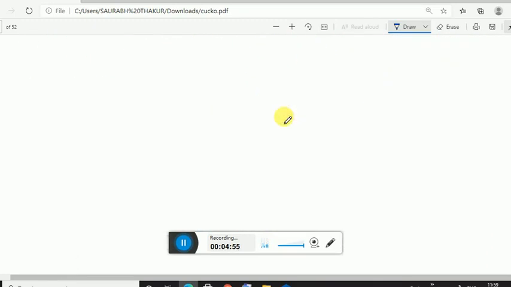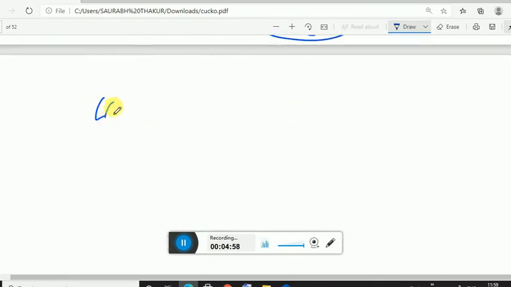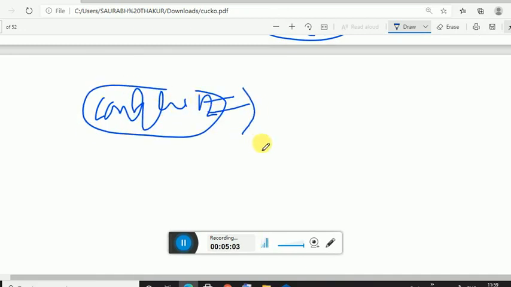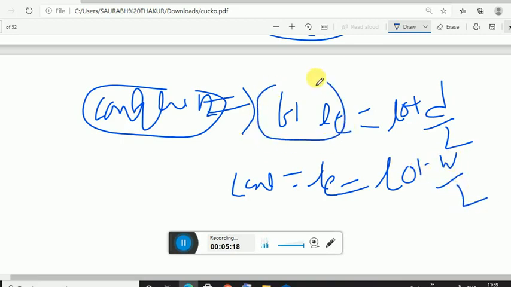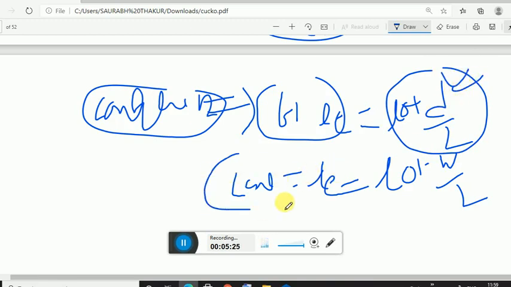they would be asking for the cantilever beam, when they would be asking for cantilever beam, then what you have to do? For fixed, you just have to calculate L effective equals L naught plus D by 2, and for continuous ends L effective equals L naught plus W by 2. Okay, when it would be fixed end, L naught plus D by 2 would be your effective span, and when it is given that it is continuous end, then L E equals L naught plus W by 2.